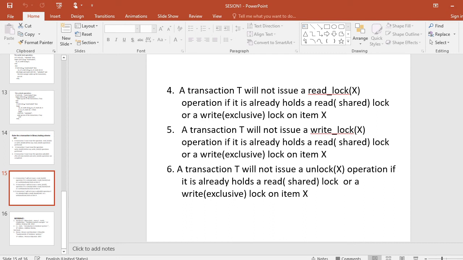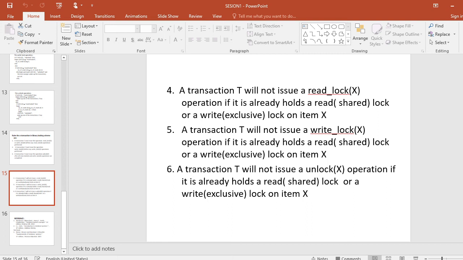This is required each time lock conversion is used. A transaction T can issue a read lock X and then change to another lock by issuing a write lock X operation. This is called upgrading the lock.